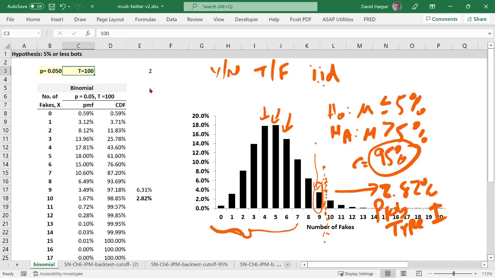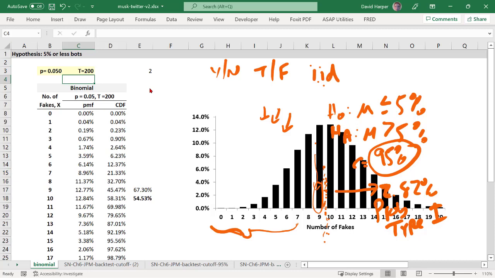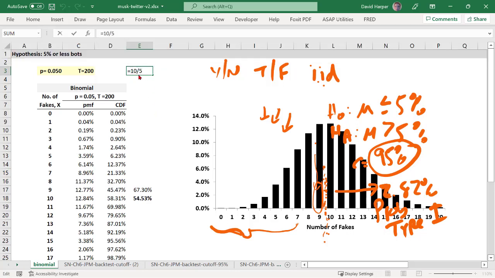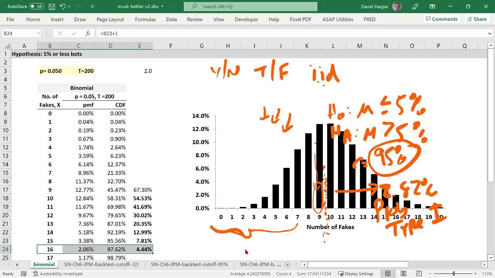Now let's just double the sample size to 200, right? And let me just take this out so you can just see that that's the multiplier, right? The ratio of, we expect 5, our cutoff is 10 or twice that. It's quite a ways out. Now I go to a sample size of 200. Where would I draw the cutoff? Well, I'm going to copy these down. For the 95% cutoff, you can see I would put that cutoff at 16 fakes or greater, right?